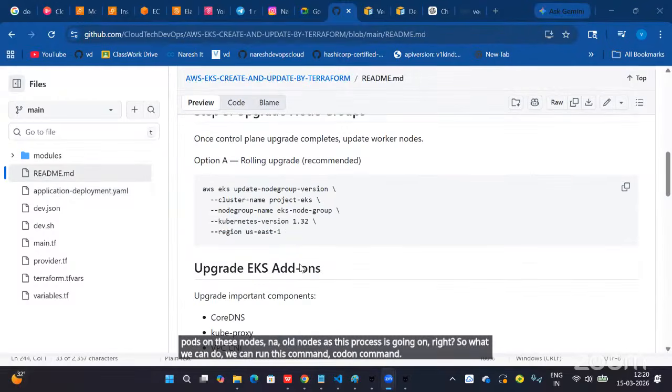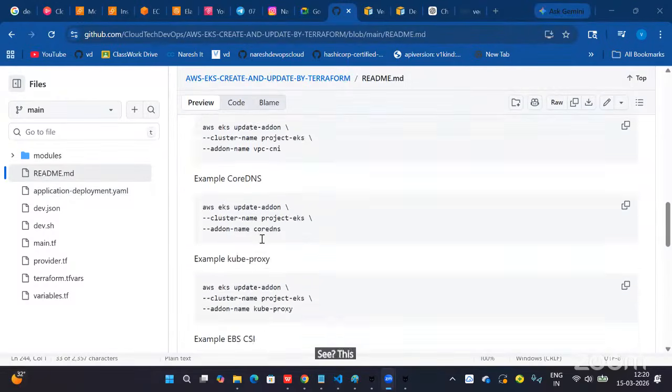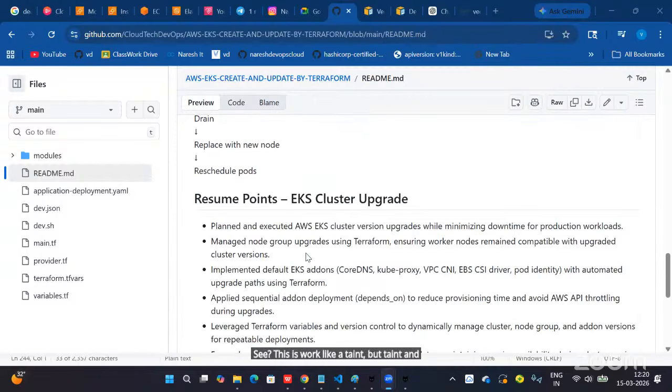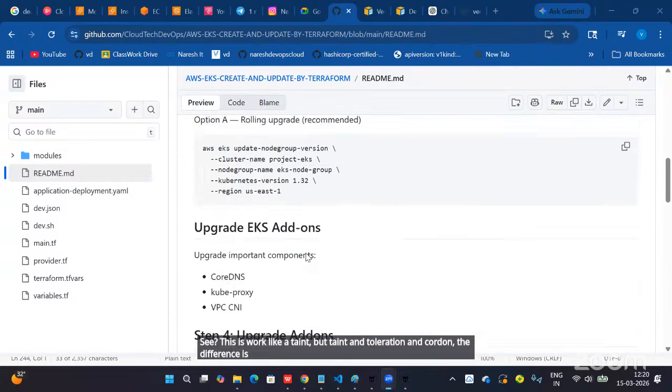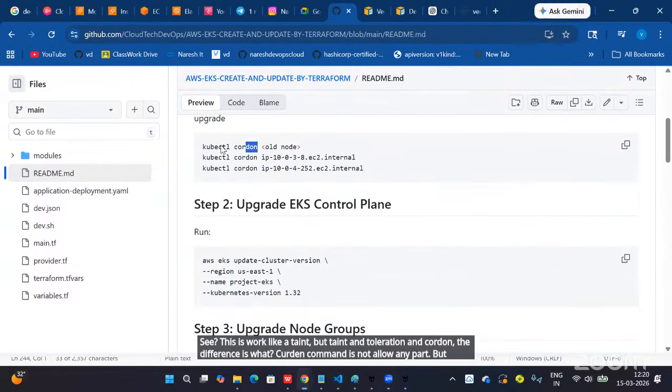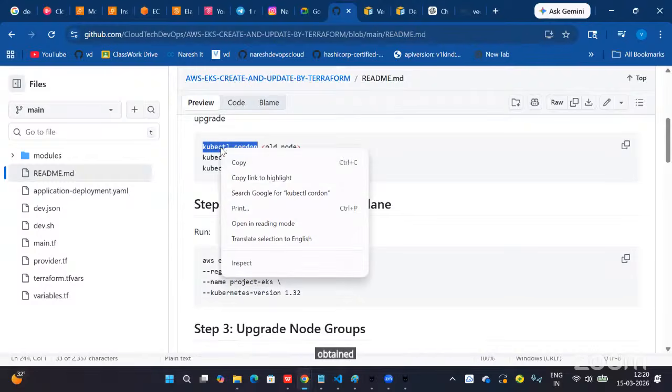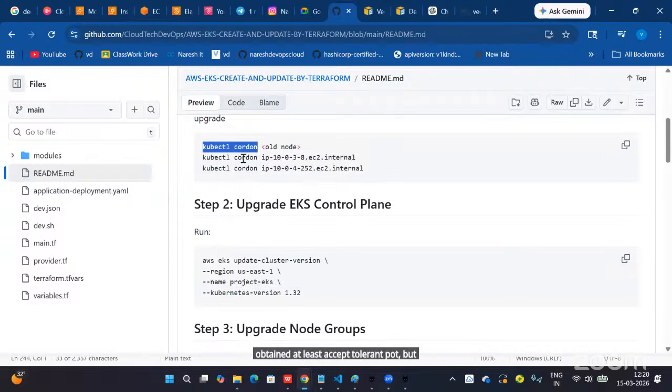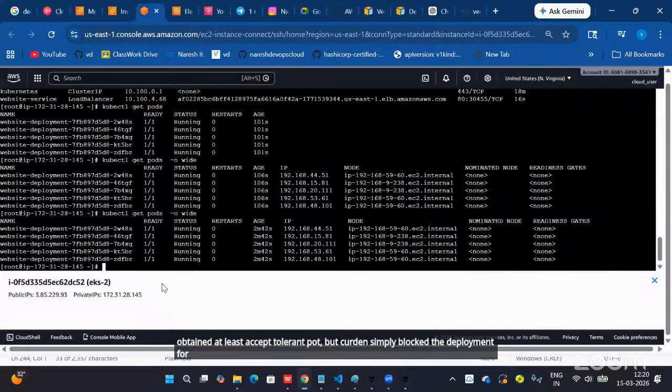This works like a taint, but the difference between taint and toleration and cordon is this: cordon does not allow any pod, whereas with taint, the node at least accepts tolerating pods. Cordon simply blocks deployment to these old nodes.